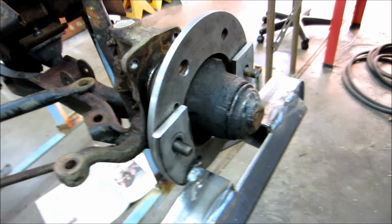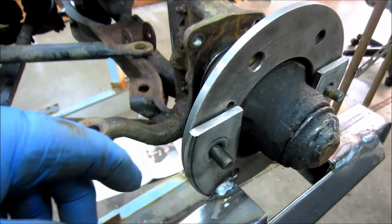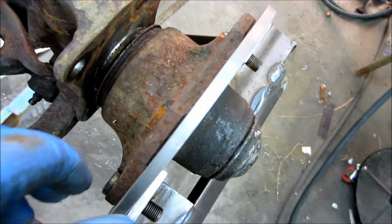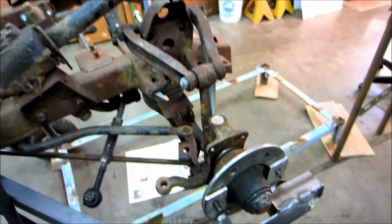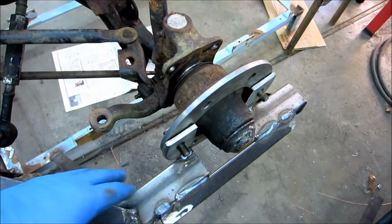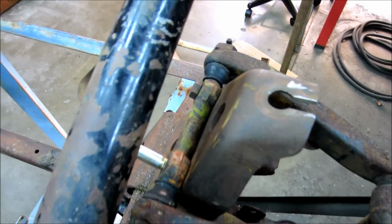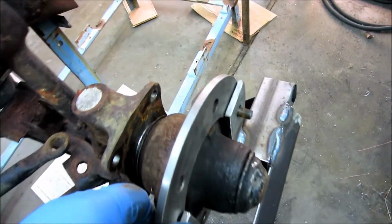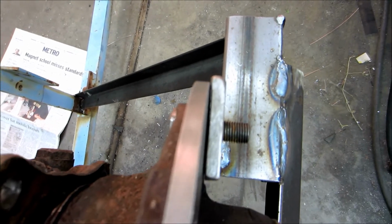I'm working on the ball joint mod again here, and this is an old brake drum turned down on the lathe that's taken the place on the hub there of that space. So basically what I've done is I put the stock suspension back on to verify that my jig was in the right spot, and it is pretty much. I mean, the arms are all mounted up and everything like that, and what I've got here is less than a 1/16 of an inch of gap there,